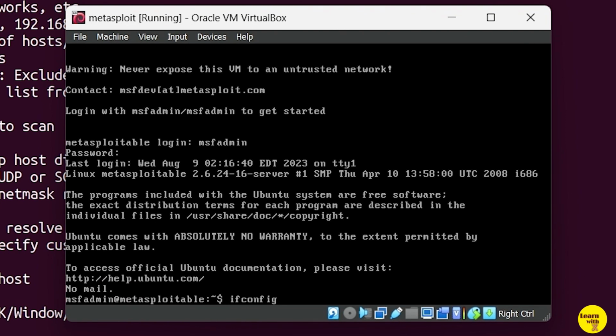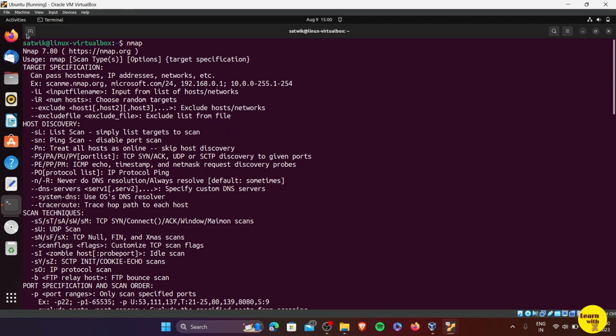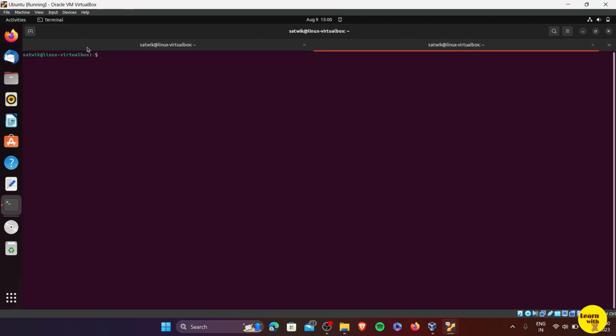Type ifconfig to know the IP address of the Metasploitable machine. Here you can see the IP address as 192.168.56.105. Now go back to the Ubuntu machine, and if you want to run a